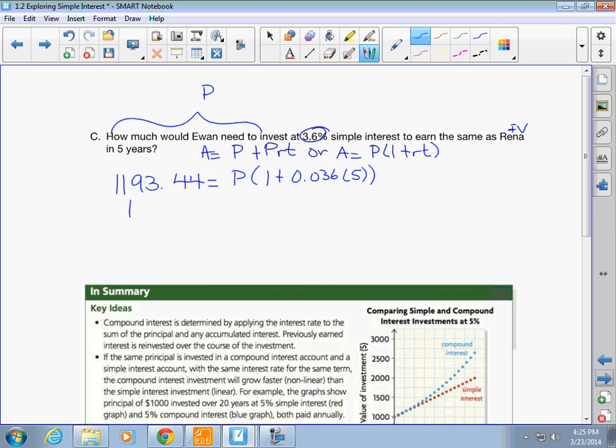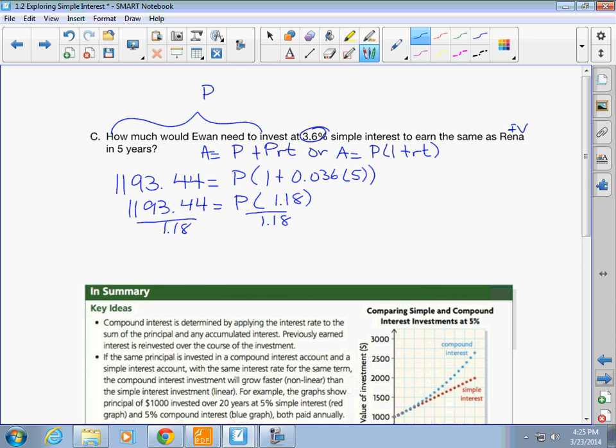So 1193.44 equals P times 1 plus 0.036 times 5, which is 0.18, so 1.18. So if I divide each of these by 1.18,